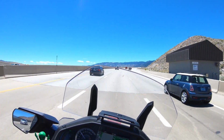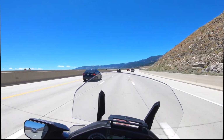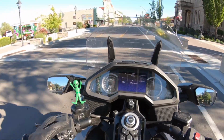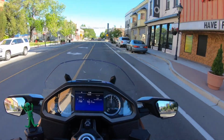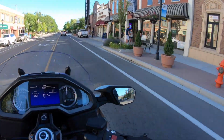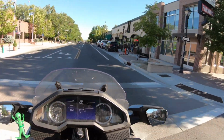So, making my way to Carson City, and then I'll be going up to Lake Tahoe after that. So here we are, folks, cruising through downtown Carson City. There are some government buildings. This is the capital of Nevada, Carson City. Cool downtown area. So if you've never been to Carson City,